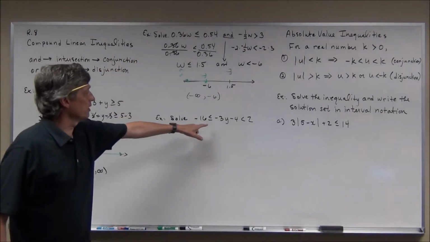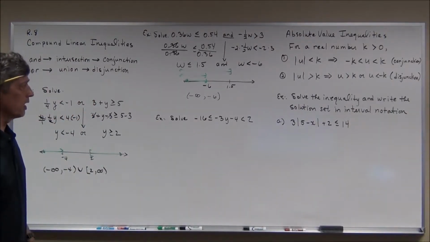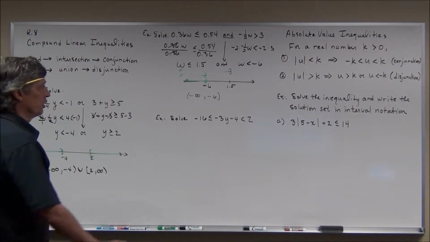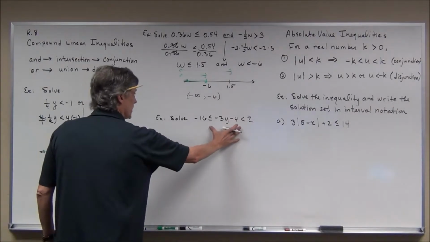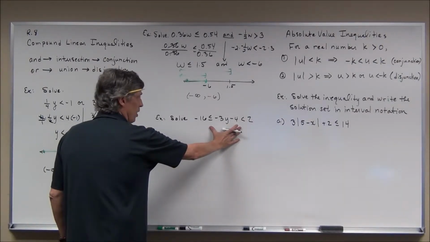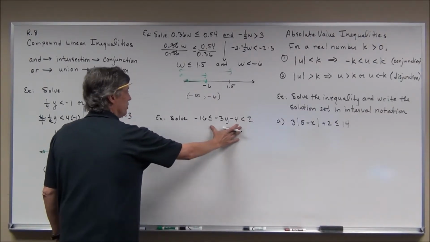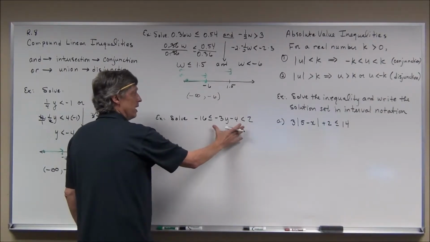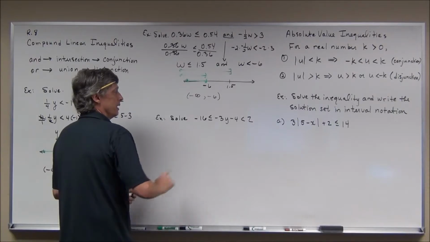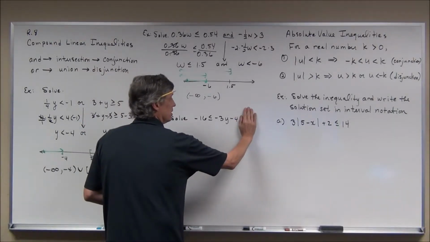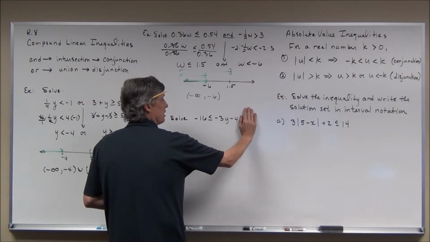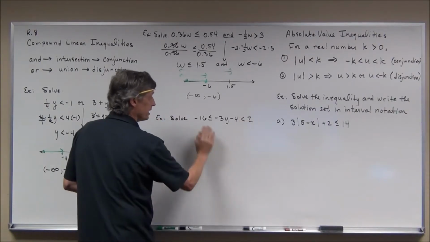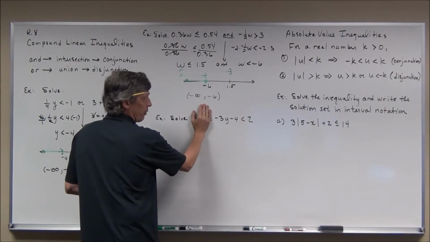Now this is a compound inequality, although it doesn't maybe look like a compound inequality because you don't see the word "and" or "or." But this is an extended inequality, or three-part inequality, and what I can do here is write this as an "and," as an intersection, because it has to be true for this, negative 16 less than or equal to negative 3y minus 4, and it has to be true for this, negative 3y minus 4 is